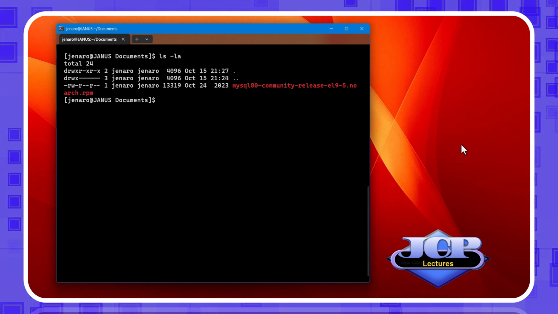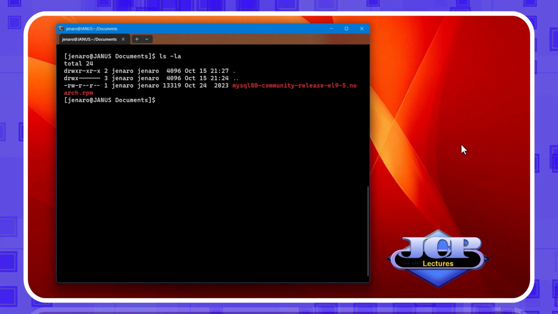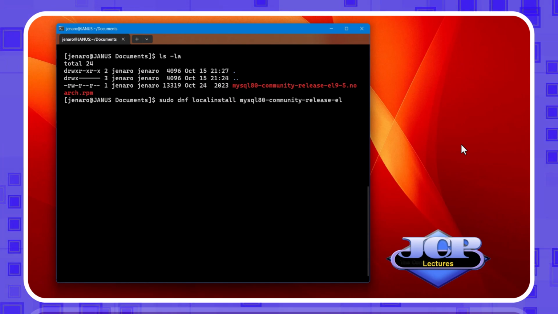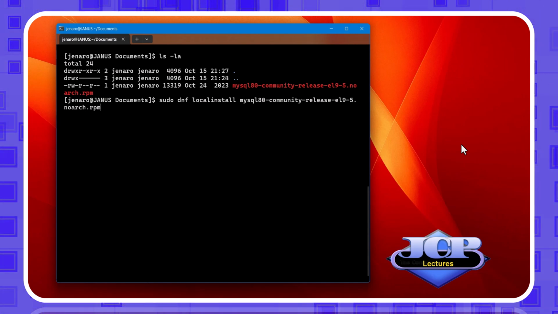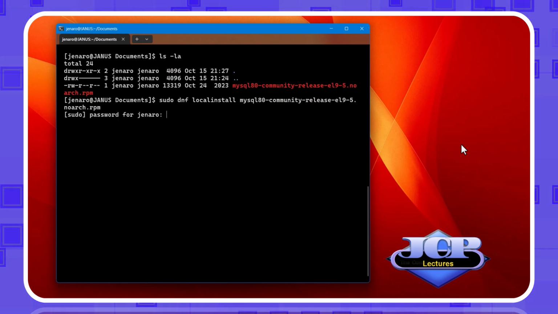I am going to do a local installation with sudo dnf localinstall mysql80-community-release-el9-5.noarch.rpm. Provide the password.